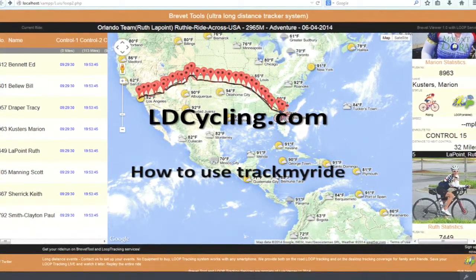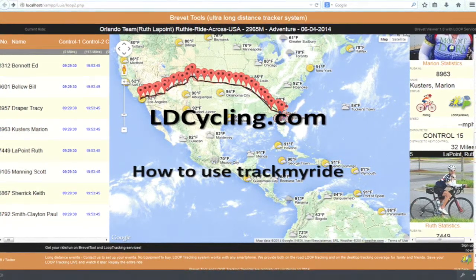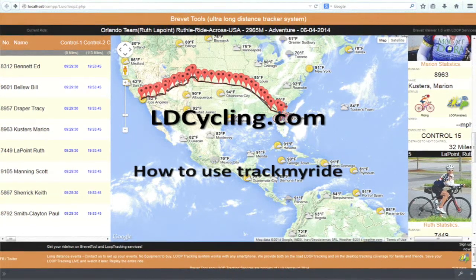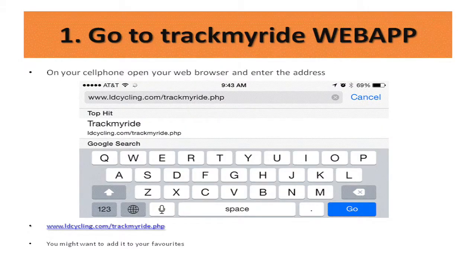The riders will use their cell phones to update their location automatically. This system runs on very little battery power. As a matter of fact, the battery usage is almost insignificant. More of this later. The first step to use this system is to log in into the Track My Ride